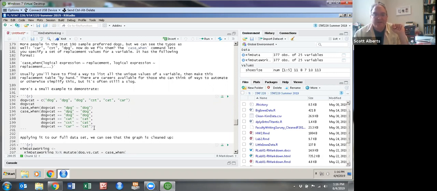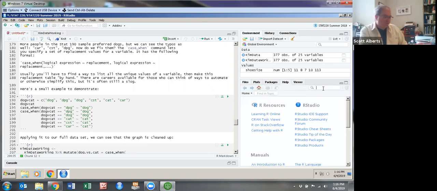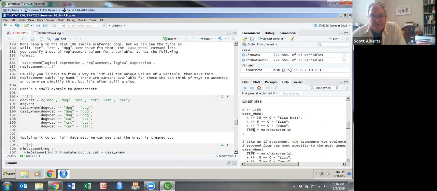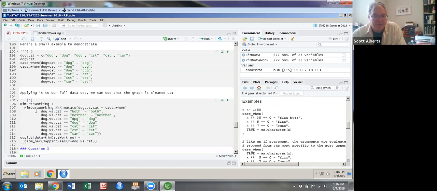There's a way around that using an option called true. And so you go true is assigned to be whatever, and that'll assign all the other values to be whatever they were. All right, so anyway, here's a small example here, but now we're going to go back to our bigger example. And again, we're going to take Kim data working is assigned to be Kim data working, and then we pipe, and now we do mutate dog versus cat is equal to